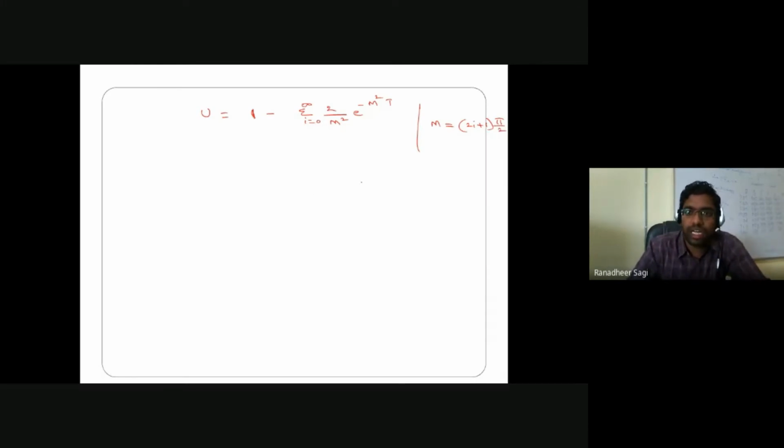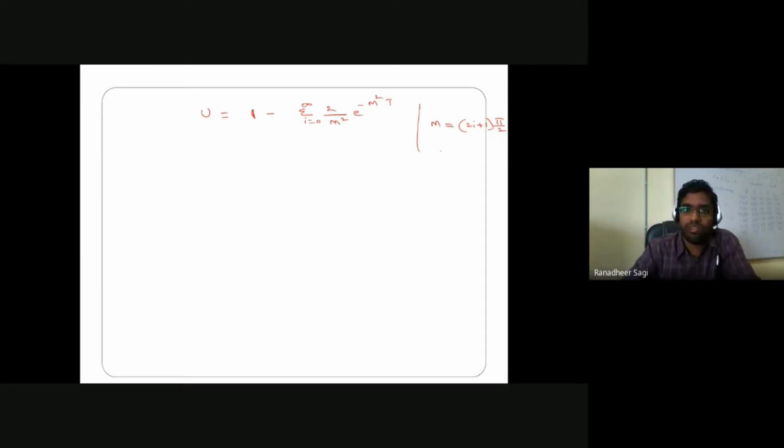And we said that for higher values of i, I repeat, for higher values of i, so if i is equal to 1, then the m value is going to be higher, m square value is going to be further higher, but the inverse of the square of the exponential function is going to be lower, and in the denominator also it is m square. So the higher the m square value, the lower the value of the summation terms that I'll be getting for higher values of i.